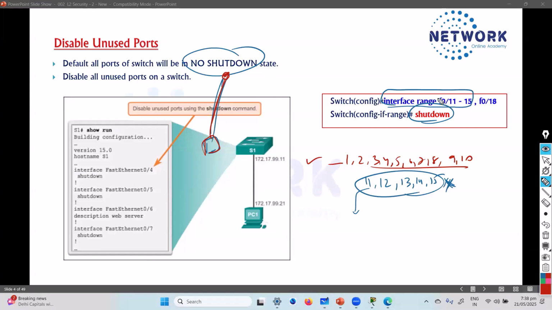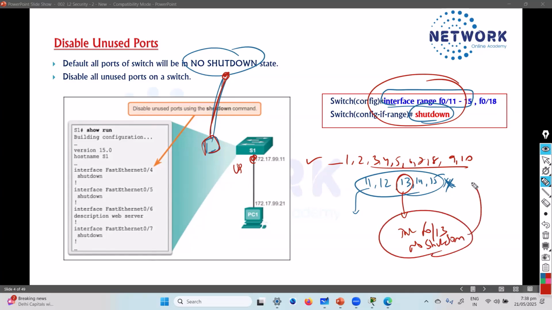So you always want to make sure that any port which comes up or connects to a new device must get an approval. So in the future, let's say if I'm using F0/13, I'm going to say no shutdown manually, and then we can start using the port. So you know why that port is used and all. Okay. So basically